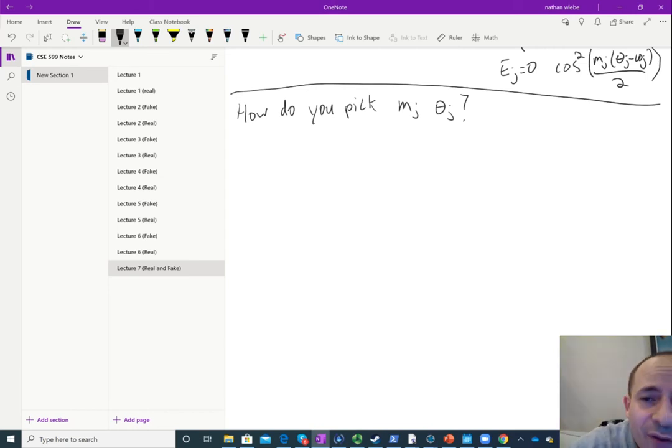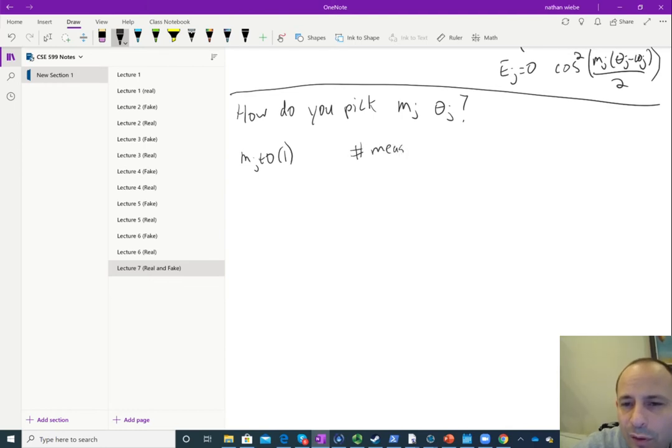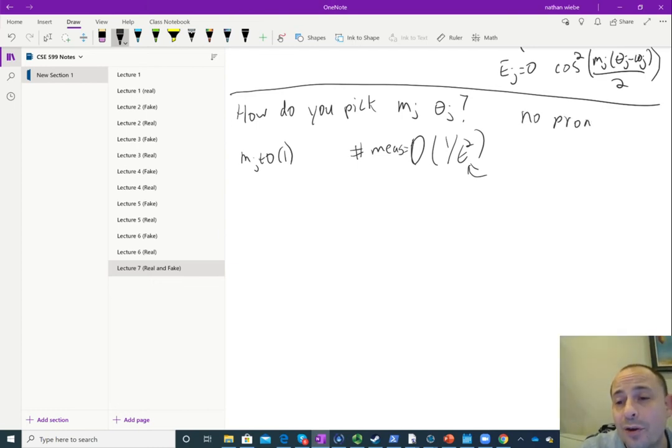Because as mentioned before, if you pick mj just to be some constant, then it's upper bounded by the constant function, and in that particular case, the number of measurements we need is order 1 over epsilon squared. Okay. So that means if we want to achieve error epsilon in our estimate of an eigenvalue, no promises which eigenvalue you get,